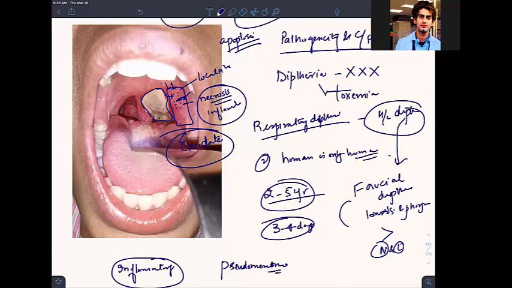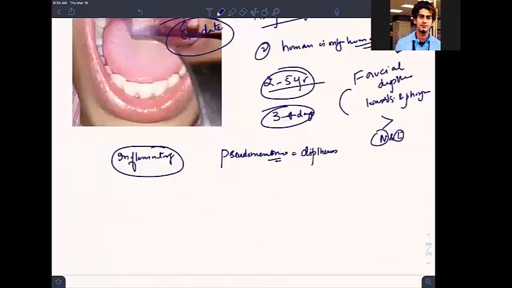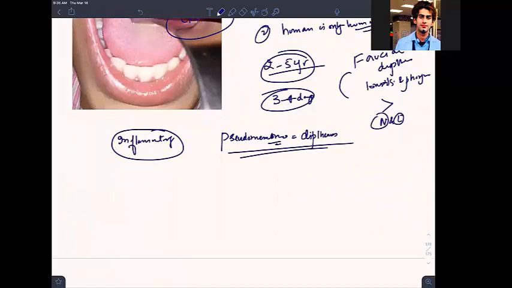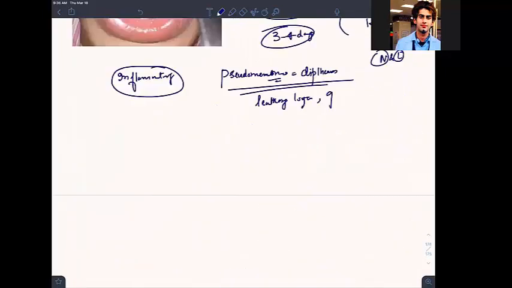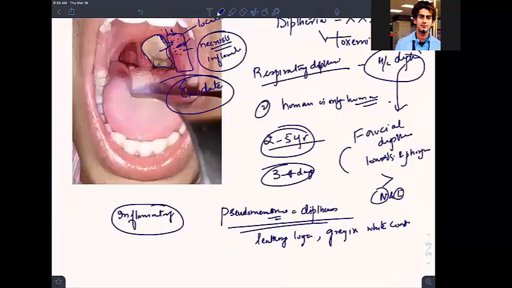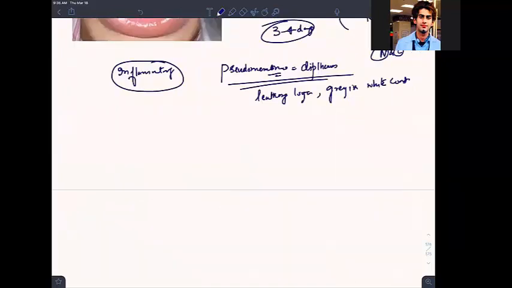What is this pseudomembrane made up of? We also call it diphtheros. What is the nature? Questions will be asked on the nature. It is a tough, leathery thing. What is the color? You should describe everything. It is a grayish white coat. Now, if you check the inner band of this grayish leathery diphtheros, it has inner bands of fibrin.